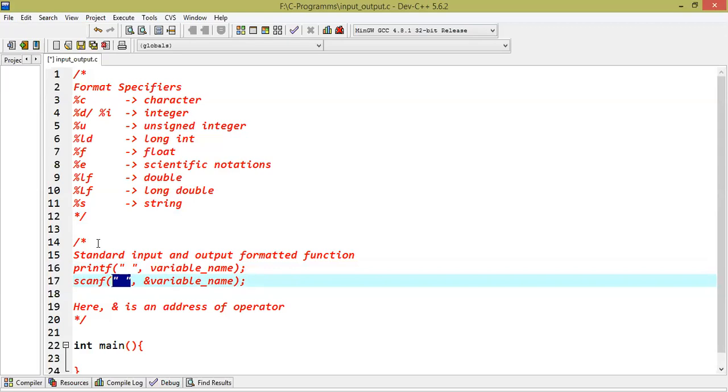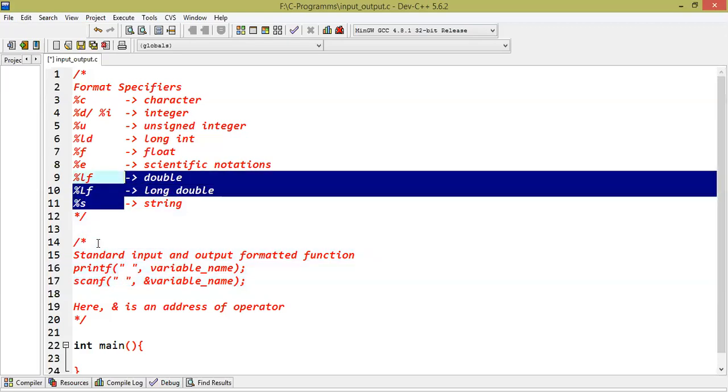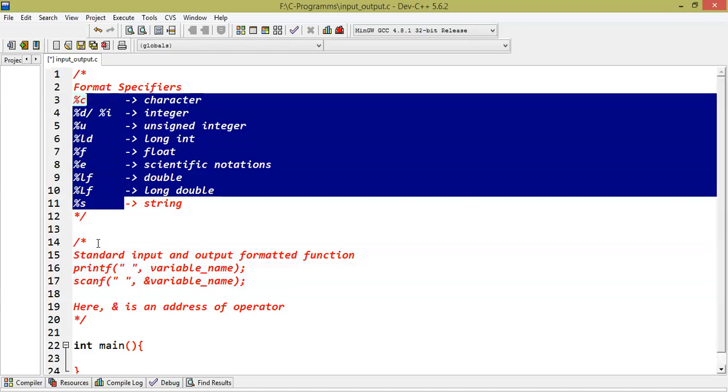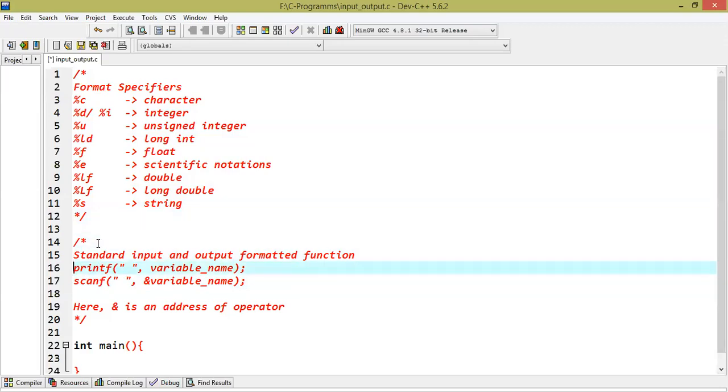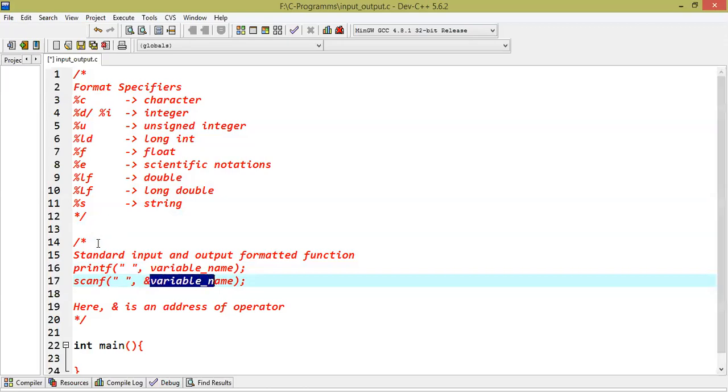That means, like printf, inside scanf also, we need to specify what type of data we want to take as input from the user. But the only difference between printf and scanf is that when you want to display the value, only the variable name is required. But when you want to take input from the user, then with the variable name, we need to use an operator.